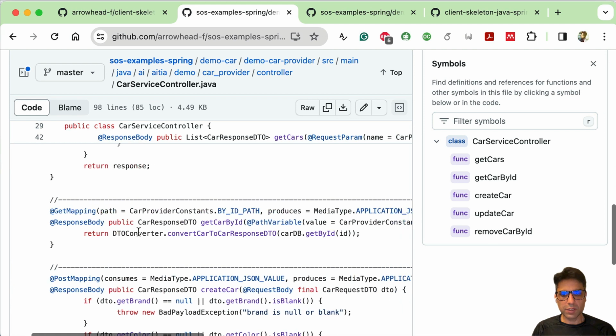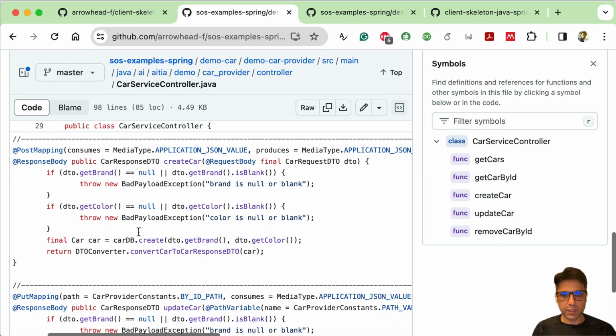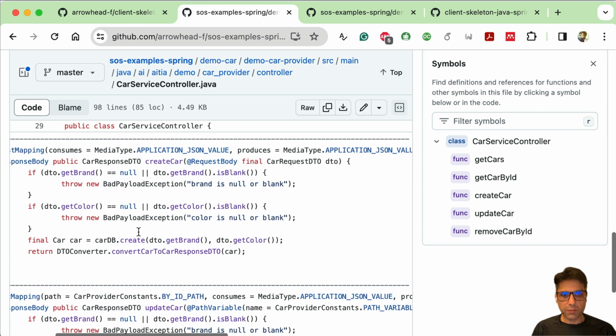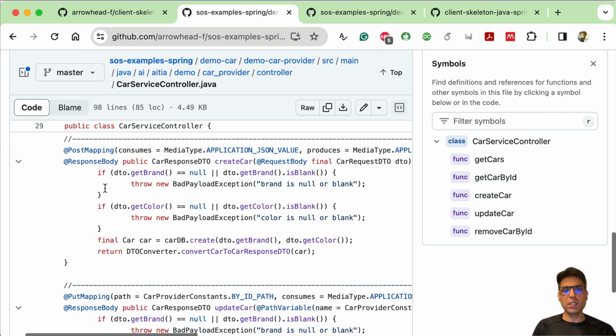We see that all the services are get service, post service. This is the create car service. All of them are defined, and from here we can run any